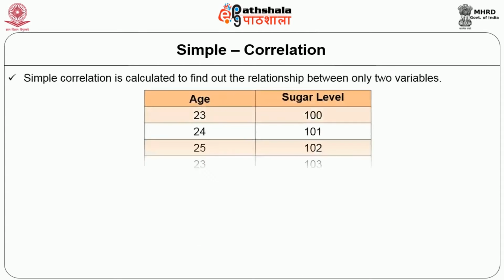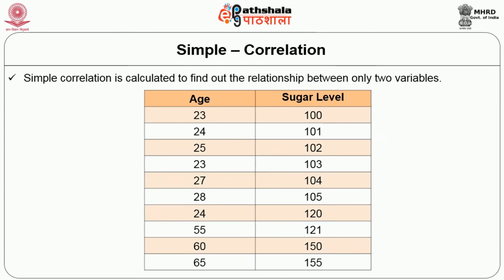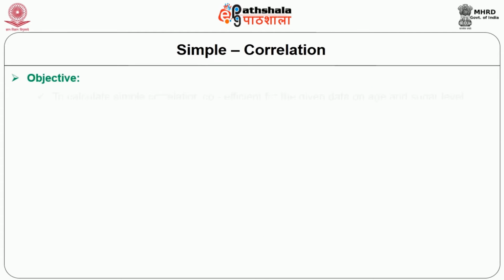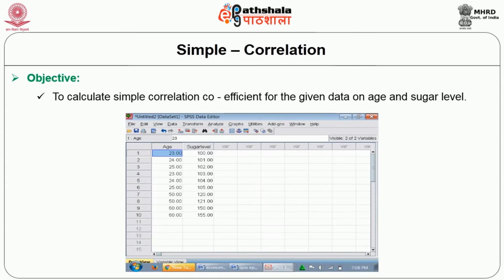Then simple correlation. Let us discuss simple correlation. Simple correlation is calculated to find out the relationship between only two variables. Estimate simple correlation coefficient for the following data on age and sugar level in SPSS. Objective: to calculate simple correlation coefficient for the given data on age and sugar level is the objective of this analysis. The procedure: enter the data on age and sugar level in SPSS datasheet, give the name in the variable